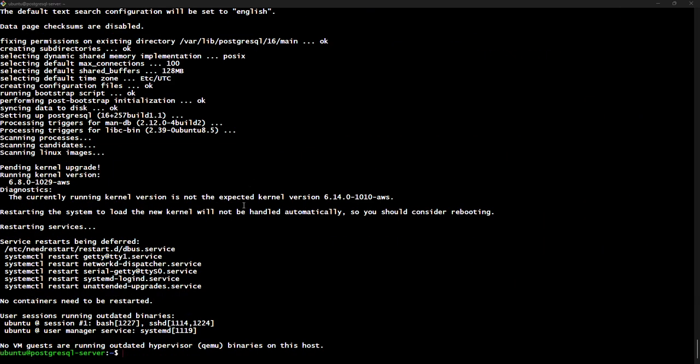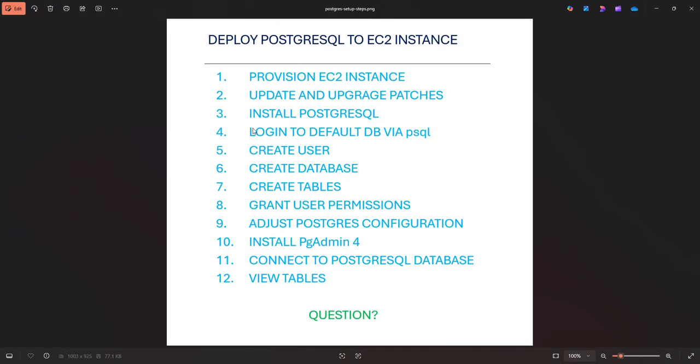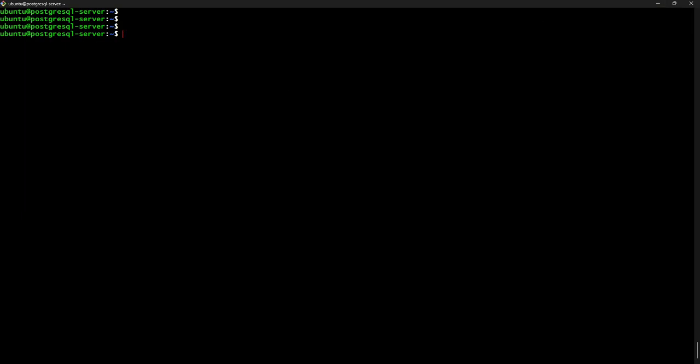All right, so once installation is done, the next thing we need to do is to log into a default database through PostgreSQL, okay? So let's do that. The next thing we need to do is to log into the Postgres database. The default database is Postgres and the default user is Postgres. Okay, let's log in through a client called PSQL, okay? So let's go ahead and log in. So let's issue this command,